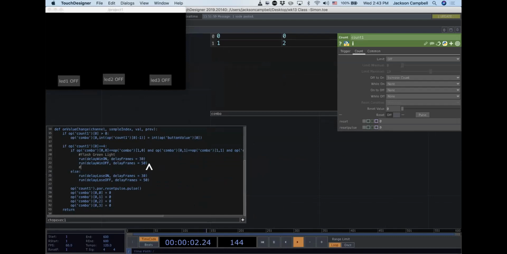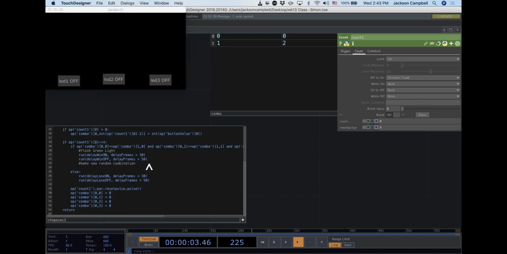Now I'm going to make a new random combination. All right, so to do that, we need to set the combos row 1, columns 0, 1, 2, and 3 to 3 different random numbers. So op combo, single quote, close parentheses, open bracket, 1, 0, close bracket, equals,